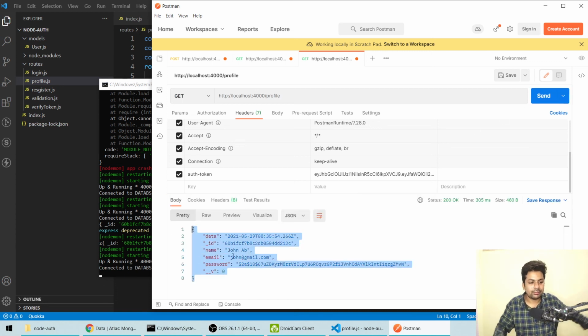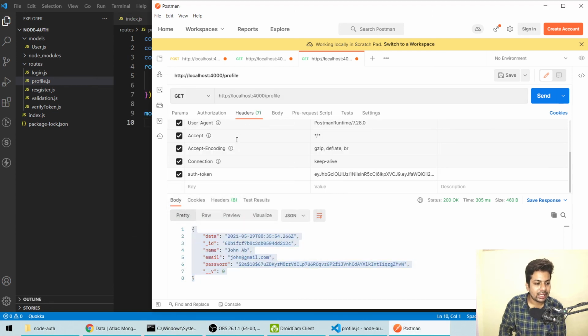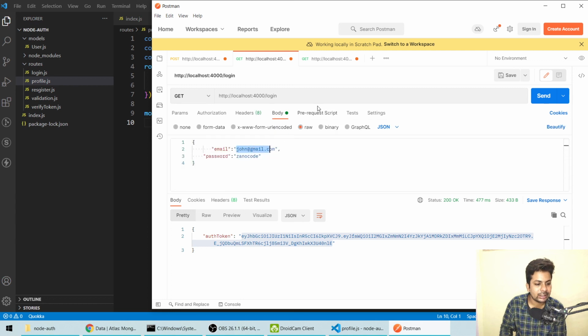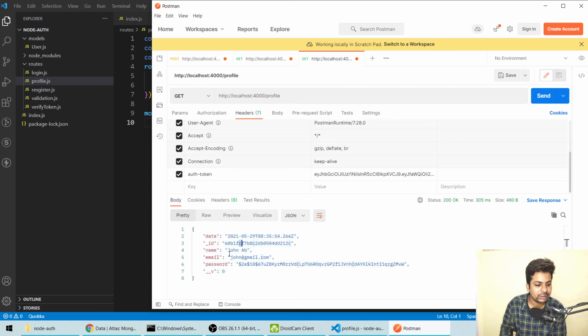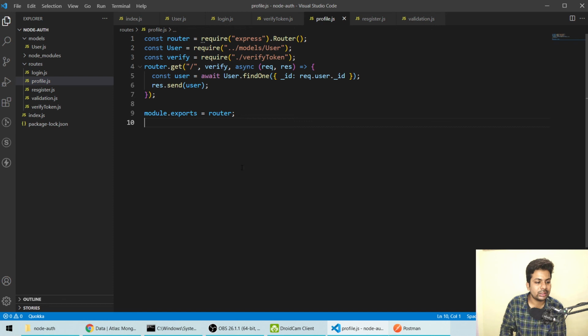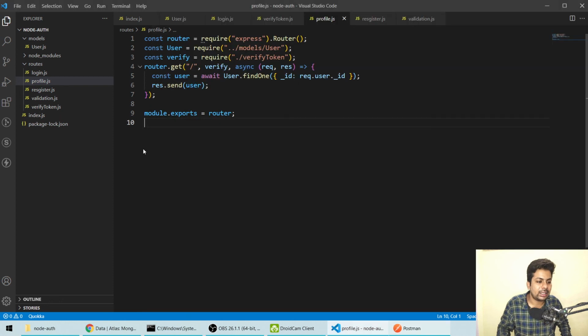So I think you have got everything. Now let me just show you again. So I have logged in with this username john@gmail.com, and we have got the data for john@gmail.com only, because we have put the token in the headers. But if we log in with some other user details, we'll get that person's data. So I think that's pretty much it. You got the data, like everything, how I am doing it.